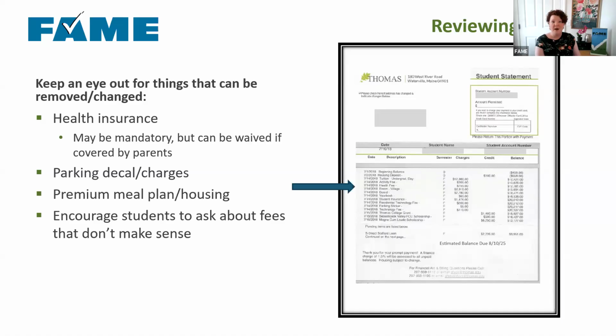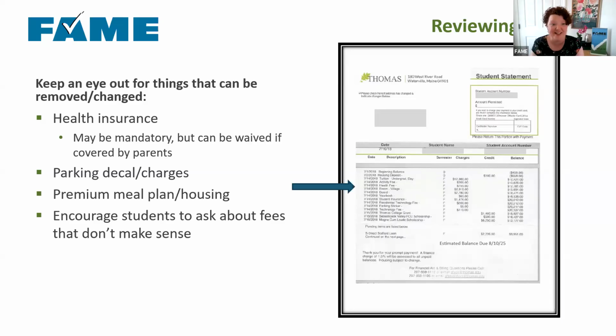So health insurance is mandatory at the majority of colleges in the United States. So they'll offer you health insurance if you don't have it, but if you do, make sure you're having that charge removed from your bill. The piece that I would say students want to think about is if a student has MaineCare and they are leaving the state of Maine, sometimes that MaineCare is not going to meet the college's requirements for healthcare. So in those scenarios, they might need to purchase that healthcare from the college itself.